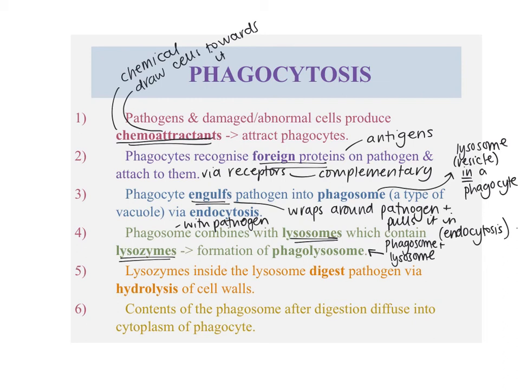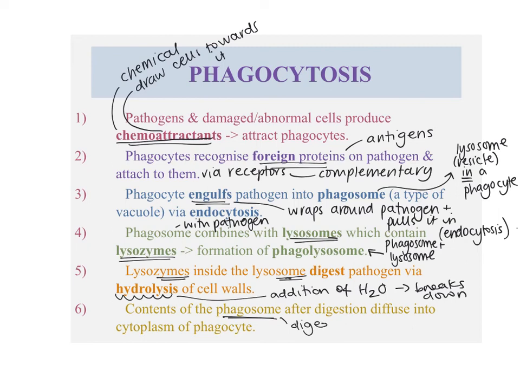But the lysozymes inside of the lysosome, so zyme for enzymes, inside of the some, the vesicle, are going to digest the pathogen. We've said they're hydrolytic. We're breaking it down using hydrolysis reactions, the addition of water, and it breaks things down to bust up that pathogen and make it not 3D anymore, which is fantastic. We don't want it 3D. And once we've got that happening, everything that's inside that phagosome, the digested pathogen, for example,